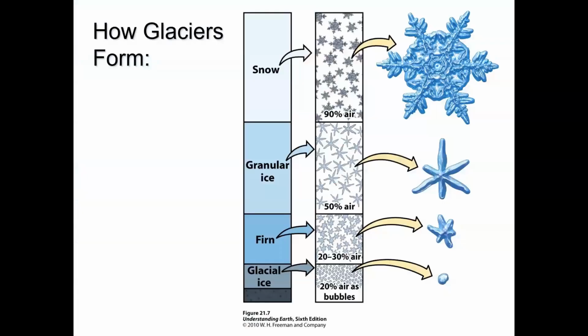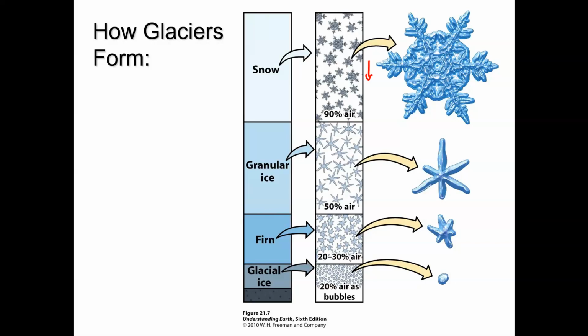So glaciers form from snow. Snow falling on upland areas, if it accumulates, can form glacial ice. So it works a lot like compaction and cementation of other sedimentary rocks. And some folks might even consider glaciers to be a type of sedimentary rock made out of chemical sediments, because these snowflakes are going to settle onto the surface. Over time, they're going to get compressed and they're going to